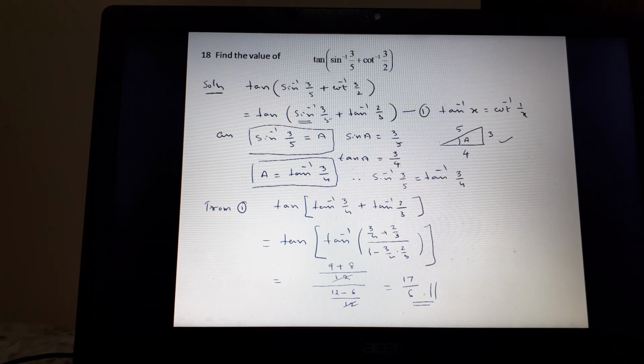Given any inverse trigonometric function like this, we can convert it into any other. So that's why it is called the triangle method. This is not clearly explained in the textbook. No example is done. But remember, this method is quite useful whenever this type of expression is given. So any given inverse trigonometric function can be converted to any other required inverse trigonometric function.